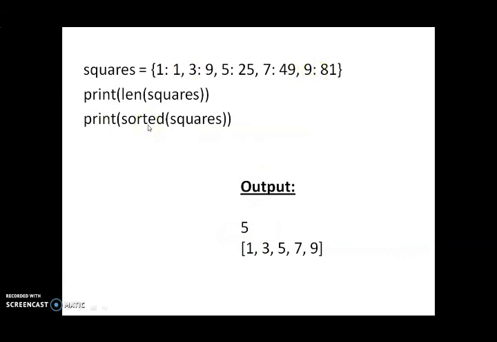Sorted. So sorted of squares, it represents that you can have the details in sorted order: 1, 3, 5, 7 and 9. Here the given dictionary is already sorted. If you want, you can give the values as non-sorted values, but you will get the same output as sorted output. We will sort with the help of the key values we have used. So here we have come to the end of dictionaries and the functions and methods that can be used with dictionaries. Thank you.